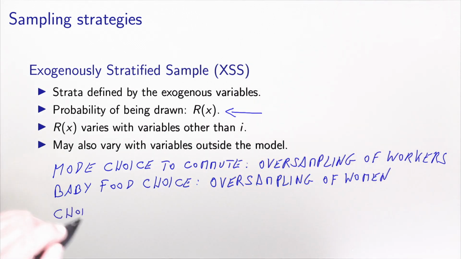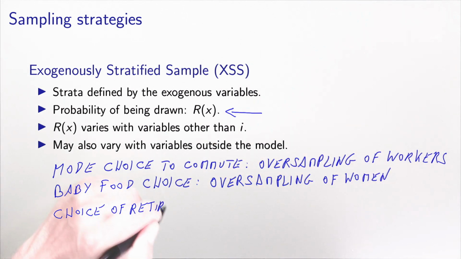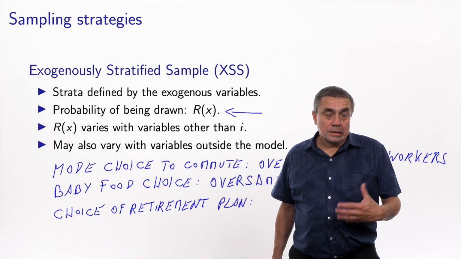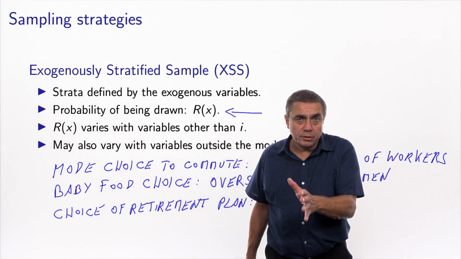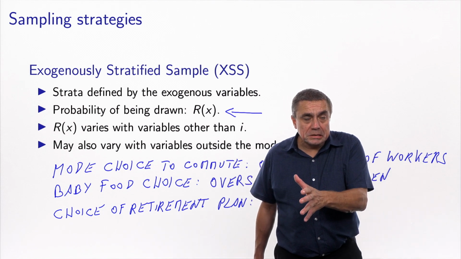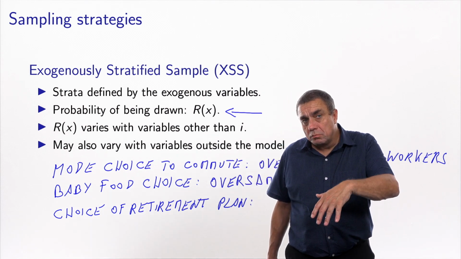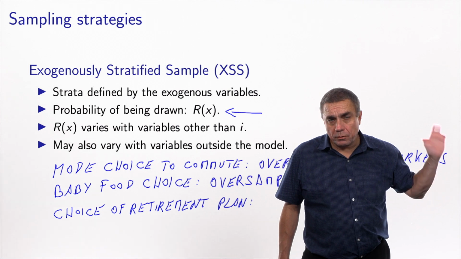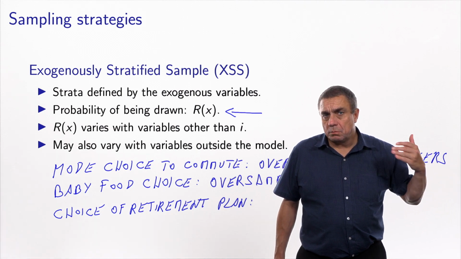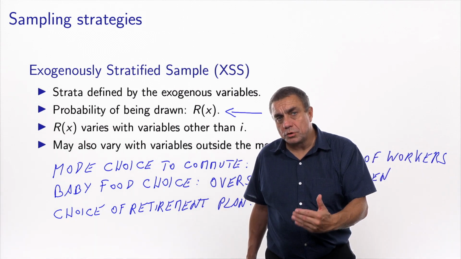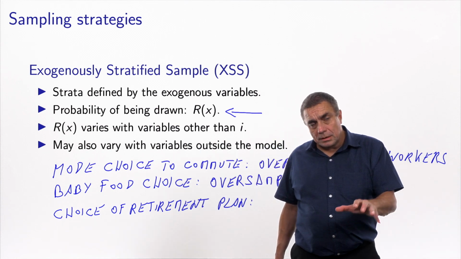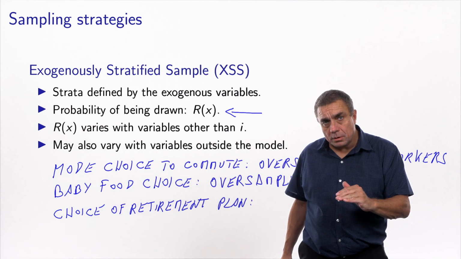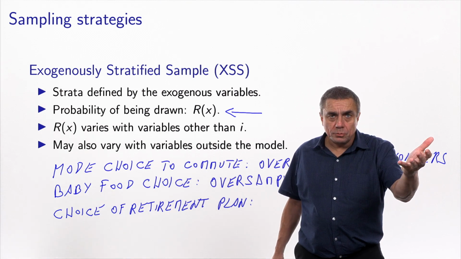And let's consider another example, the choice of a retirement plan. In this context, I'm less interested in people who have already reached the age of retirement. Indeed, maybe these people can tell me about the choice they made at that time, although they may not remember correctly. But I cannot ask them to perform a choice now because retirement is over already. In this context, it makes sense to undersample old people or retired people.